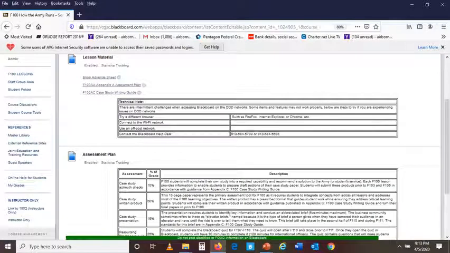So we've opened that up. You'll notice the block advance sheet is found there. That'll be a Word document, and we'll look at that in a subsequent slide. The other thing you'll notice are the assessment plan and the case study writing guide. Those are both links that open as Word documents. With respect to the assessment plan, we'll look at this in more detail in subsequent slides, but you'll notice you